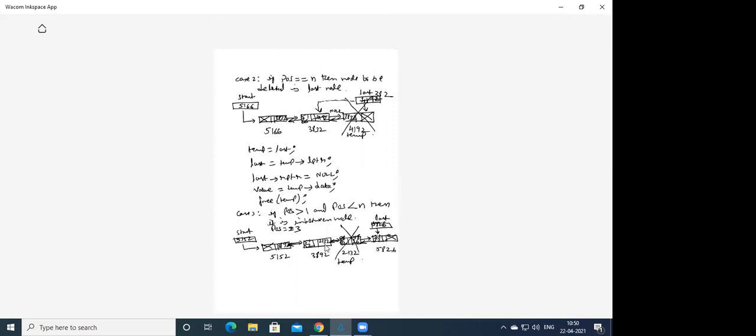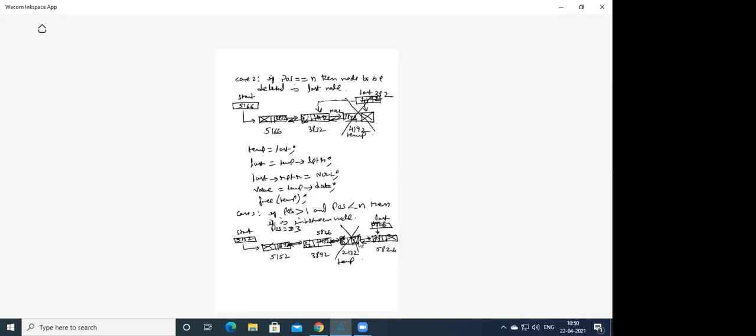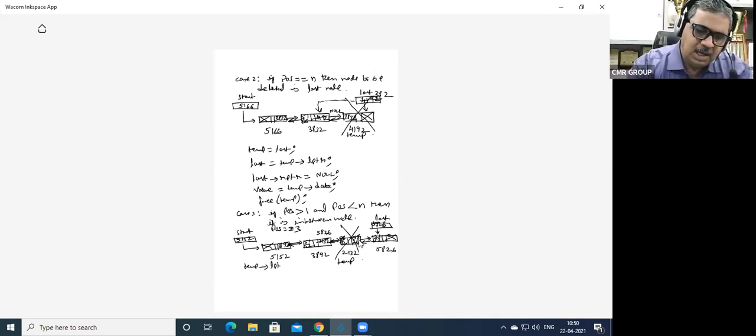Temp arrow LPTR arrow RPTR. So what is this to be overwritten with now? 5826. 5826 is stored in temp arrow RPTR. So the statement is: temp arrow LPTR arrow RPTR is equal to temp arrow RPTR.